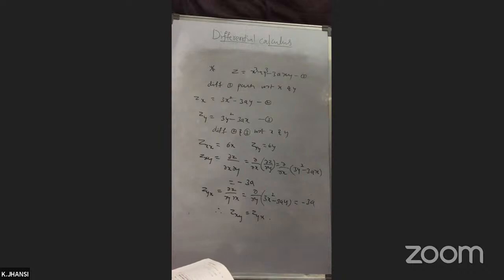So now we'll go to the homogeneous functions. While telling the introduction, I told you the concept of the homogeneous function. A homogeneous function means the function will be in the form of f of x comma y equals a naught,